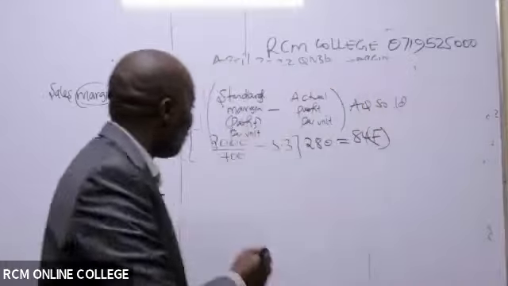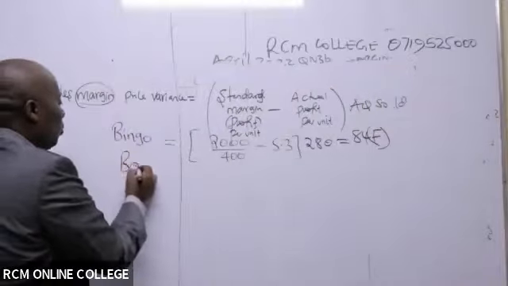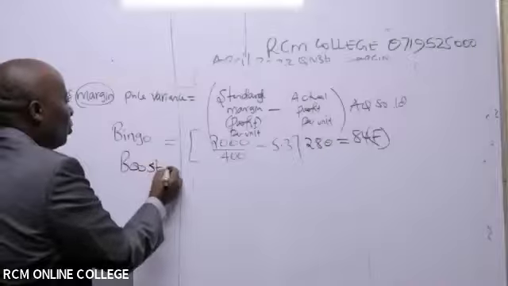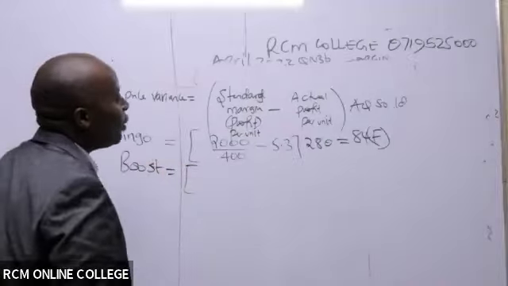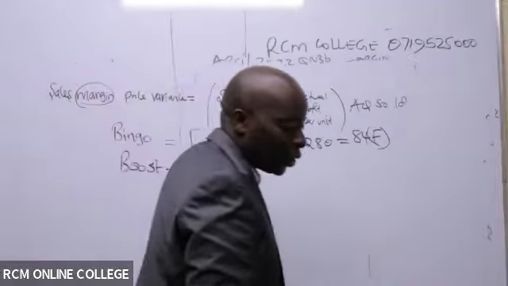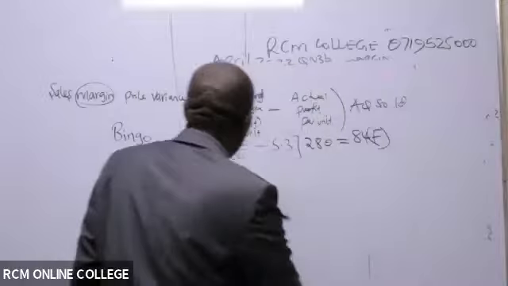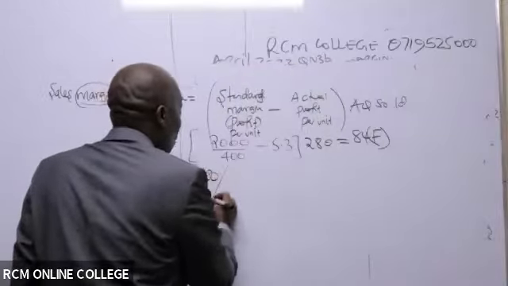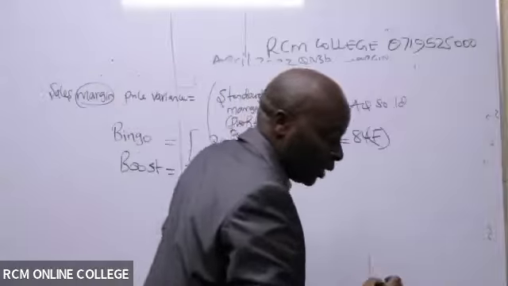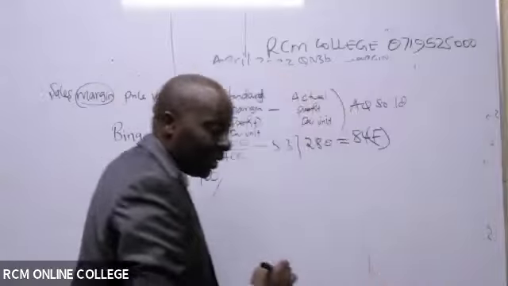The second one is called boost. Great product. So for boost, are we able to see the standard margin per unit? I can see the total profit there for boost is 900. So I will have to unitize this, make this per unit. So 900 divided by 300